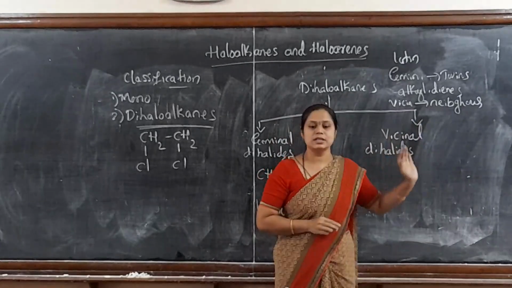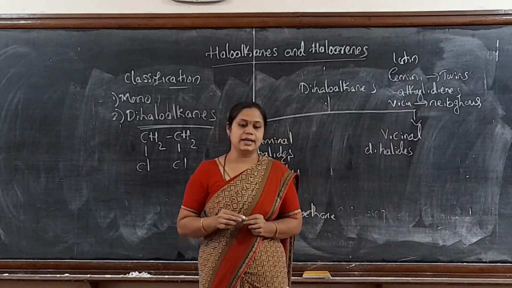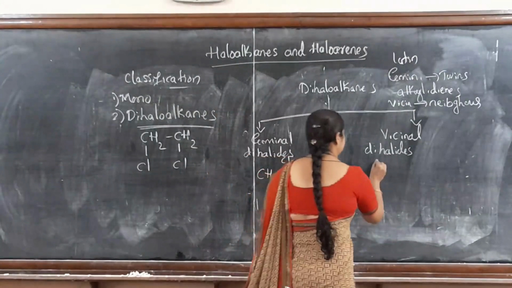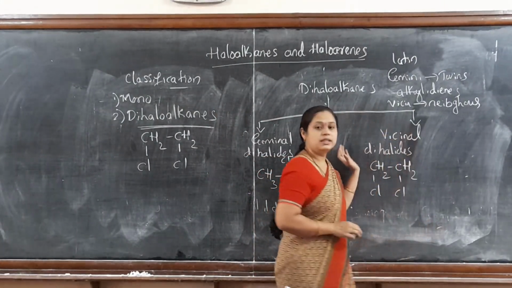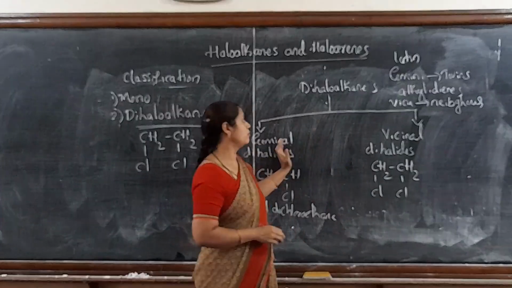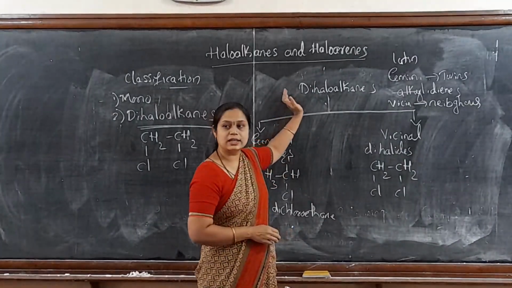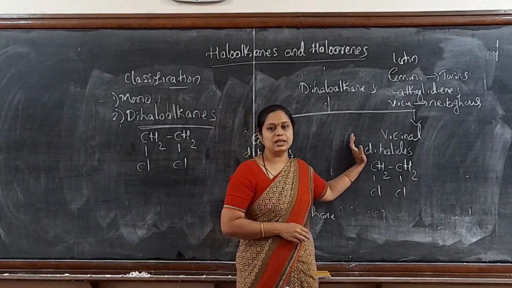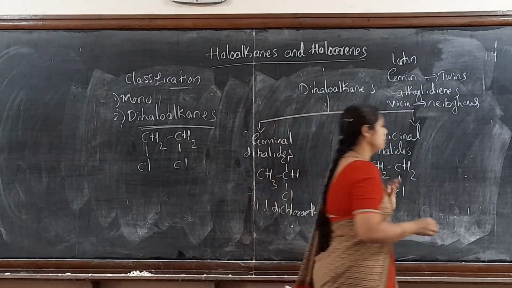Here, the halogen atoms are attached to two adjacent carbon atoms. So, these are the types of the dihaloalkanes: geminal dihalides and the vicinal dihalides. Then, we will see the